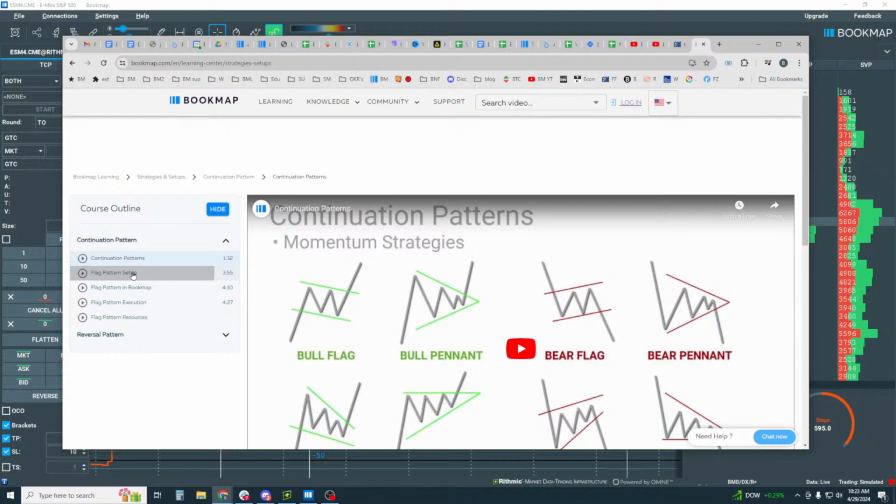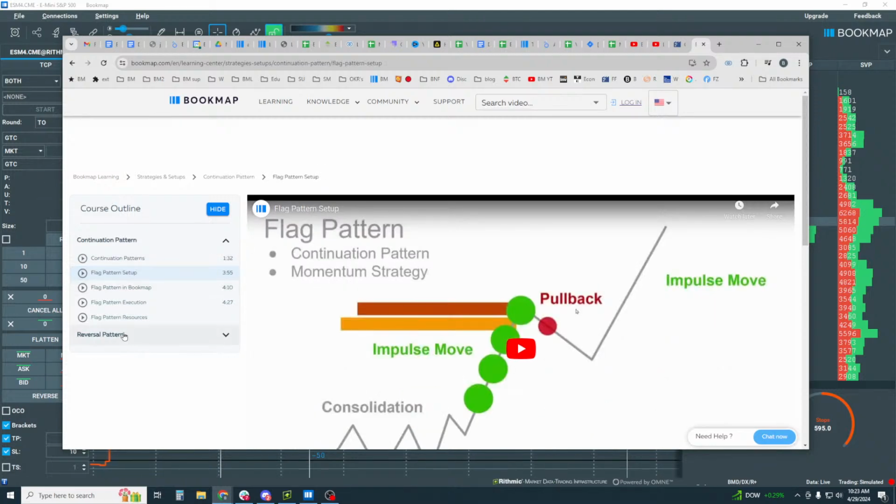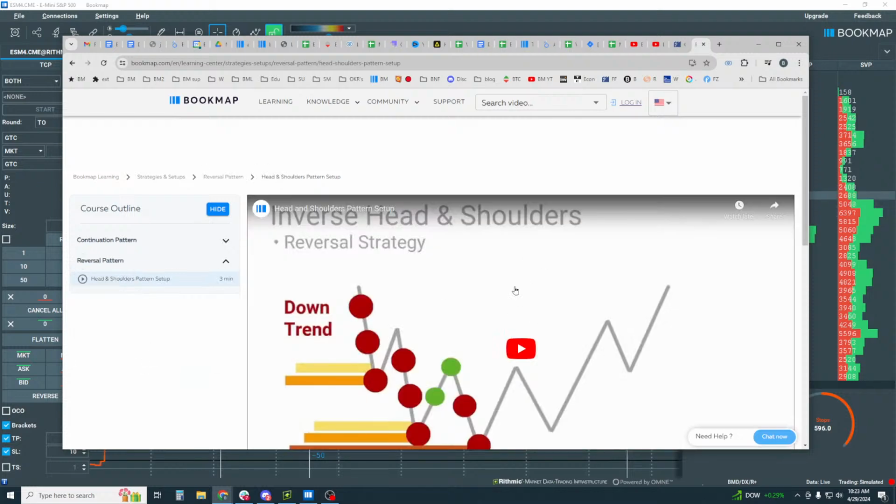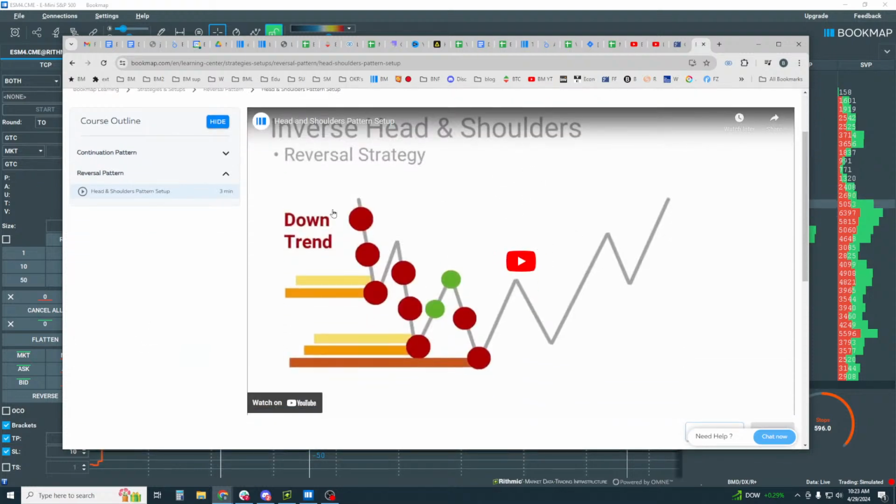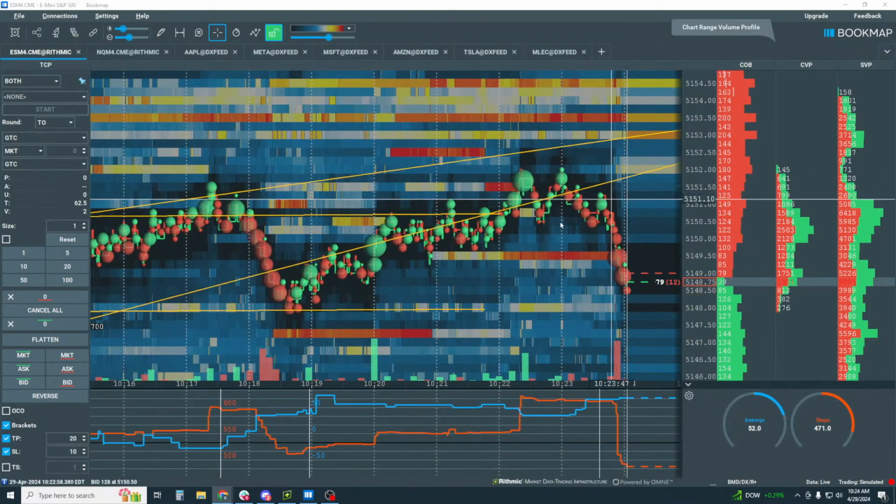The continuation is a simple flag pattern, and the inverse head and shoulders pattern here for the reversal pattern. But don't worry about the pattern, worry about these three elements: price structure, volume, and liquidity. It is this that is the most important, and that insight, no matter what kind of pattern it is, will give us that kind of understanding to be able to look for opportunities, higher probability opportunities. Okay, so right now